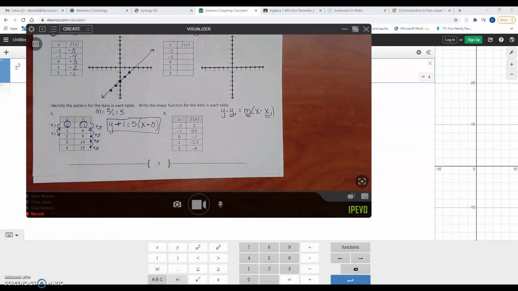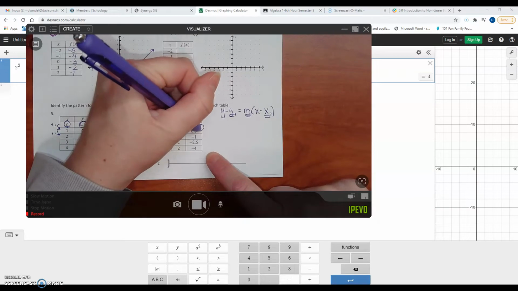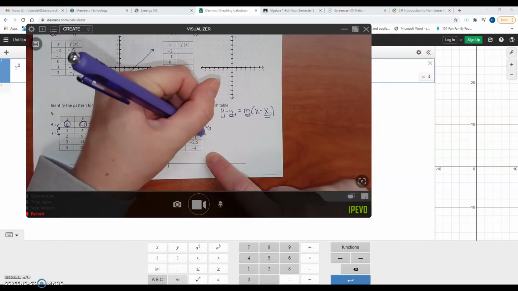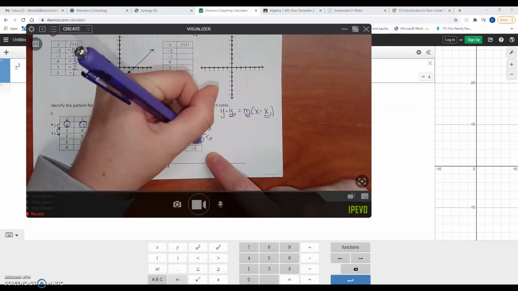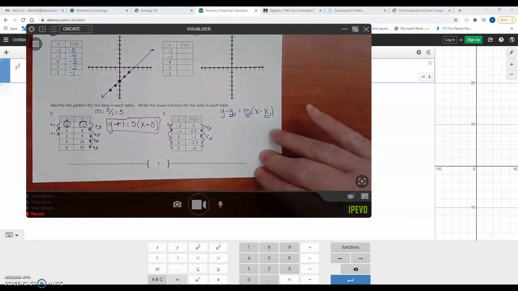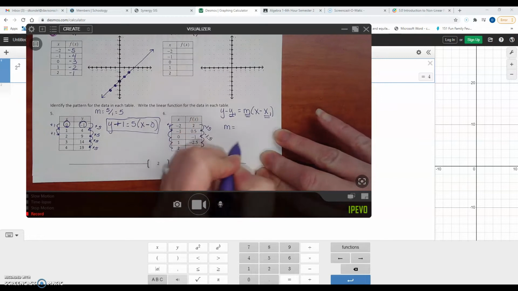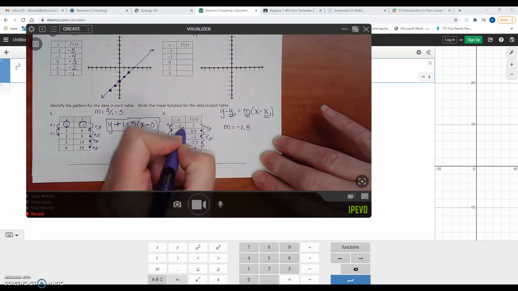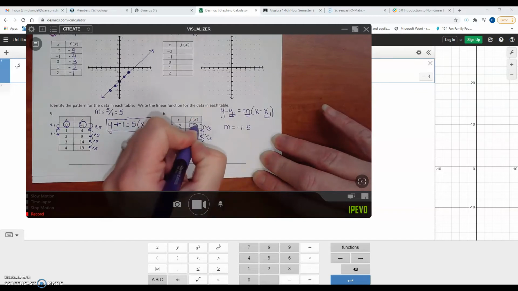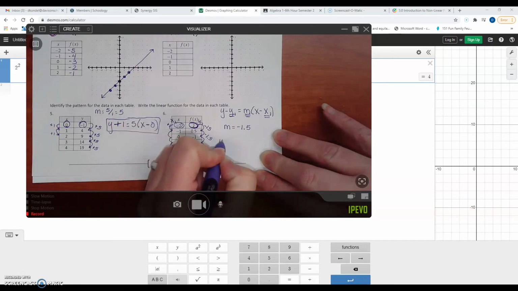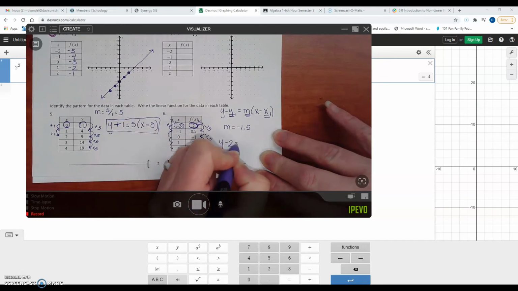So here, to go from 2 to 0.5, you go down 1.5. From 0.5 to -1, you go down 1.5. And you continue that pattern here. To go from -2 to -1, you go up 1, up 1, up 1, up 1. So your slope is, we're just going to write it as -1.5. Then to write your equation, this is going to be your y1. This is going to be your x1. So you do y minus y1 equals m